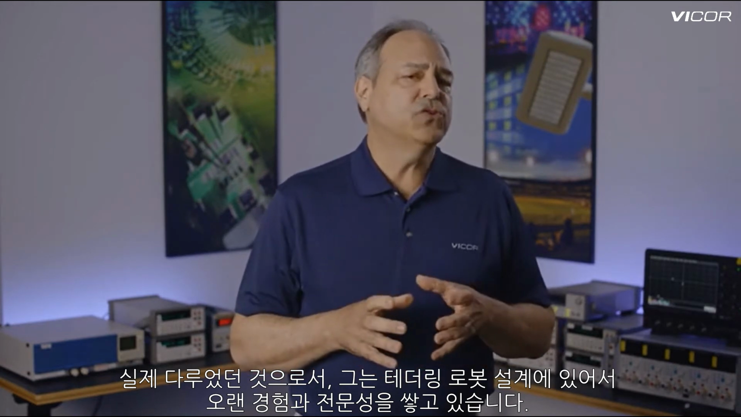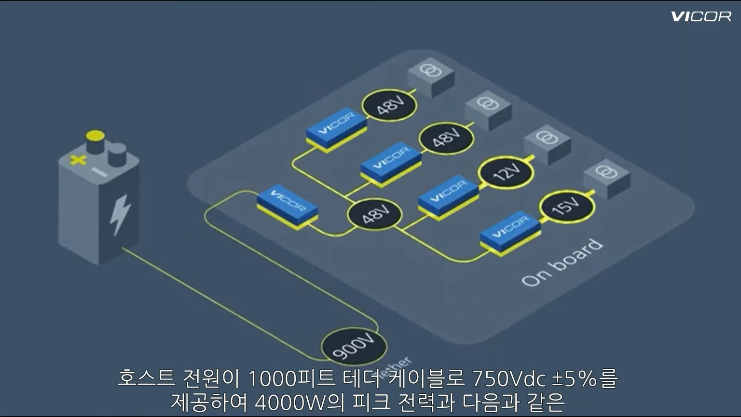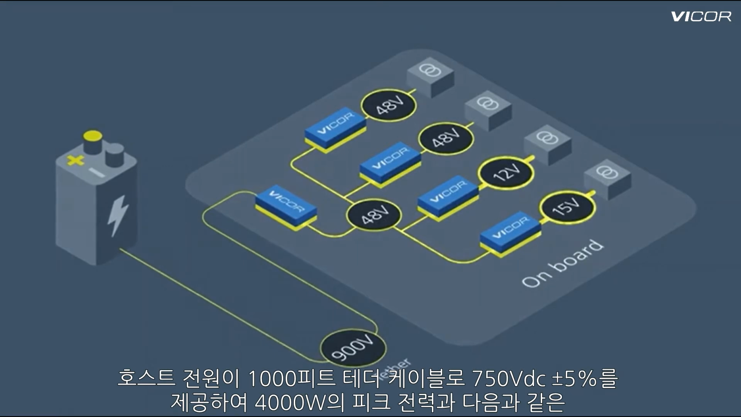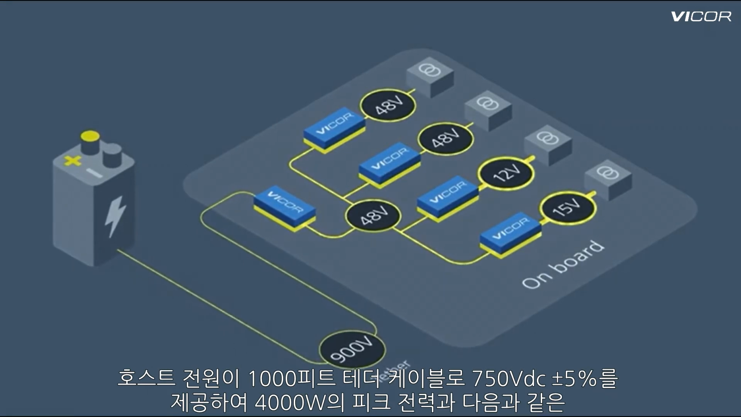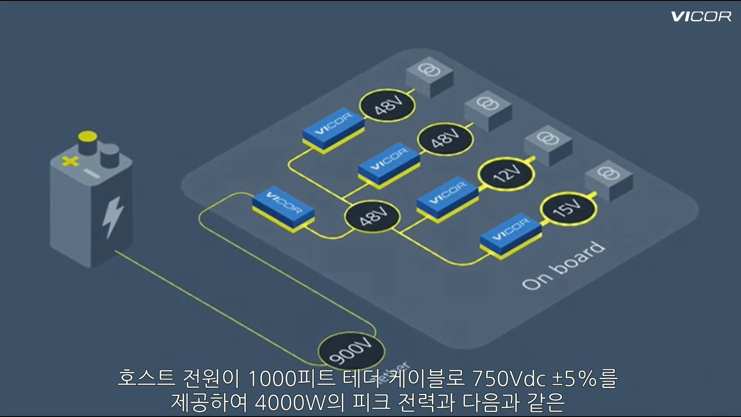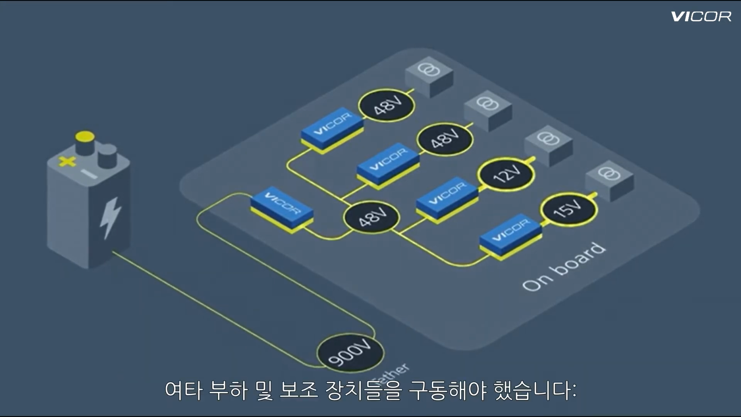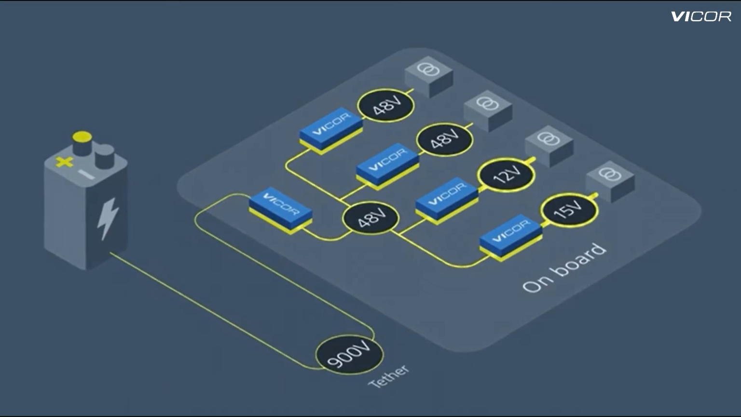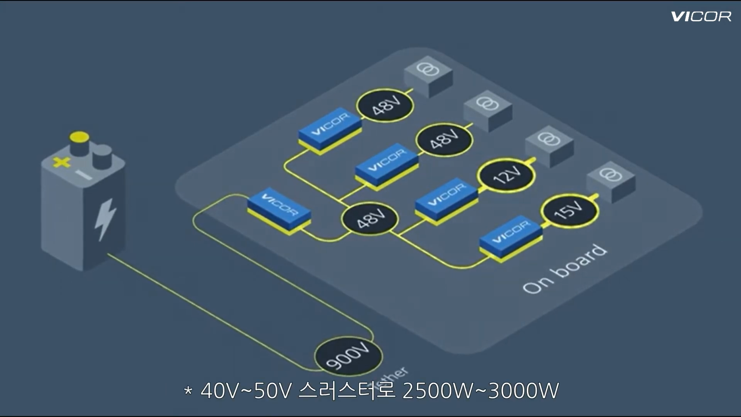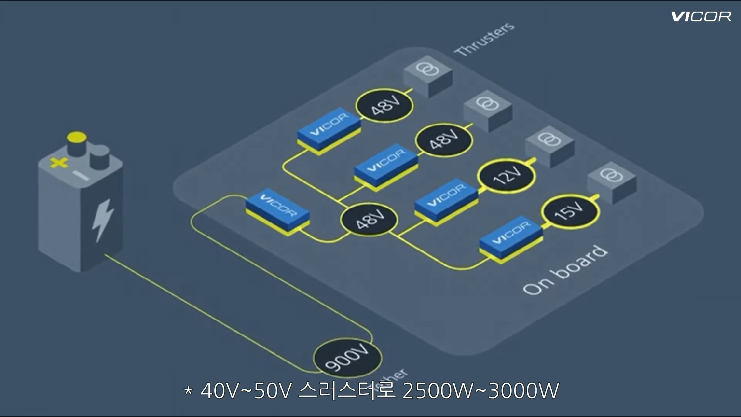Another example that was provided by Vicor FAE Stavros Dokopoulos, who has extensive experience with tethered robotic designs, is a situation where a customer wanted to power more payloads: sensors, computers, LEDs, etc. The host supply provided 750 volts DC plus or minus 5% to a 1,000-foot tether to handle 4,000 watts of peak power, plus some payloads and accessories, such as 2,500 to 3,000 watts for thrusters needing approximately 40 to 50 volts,